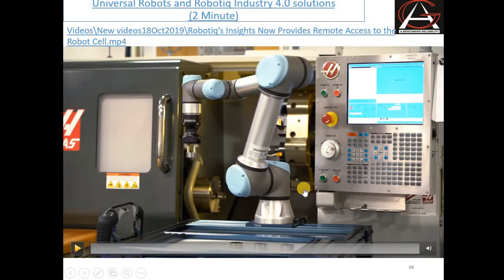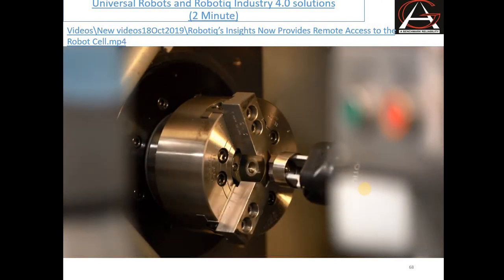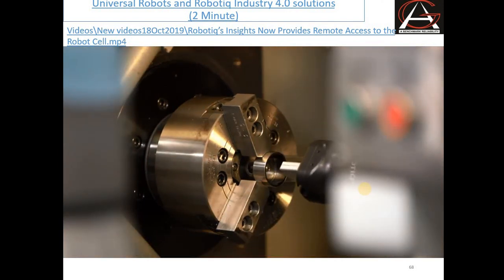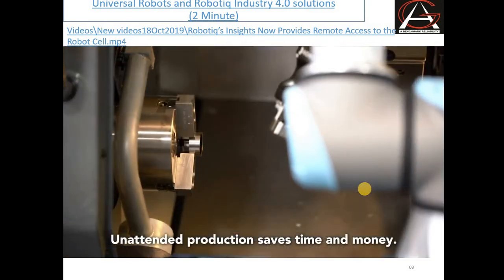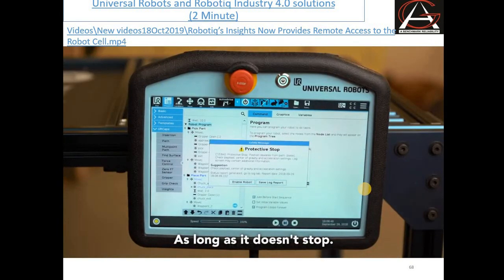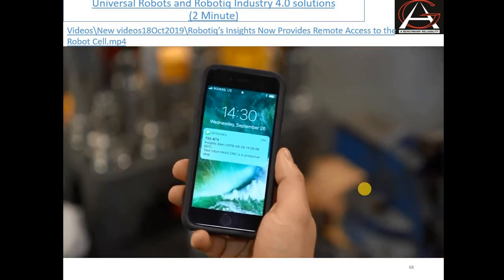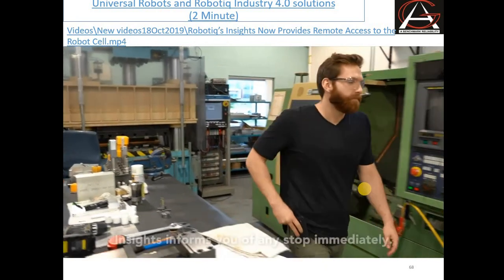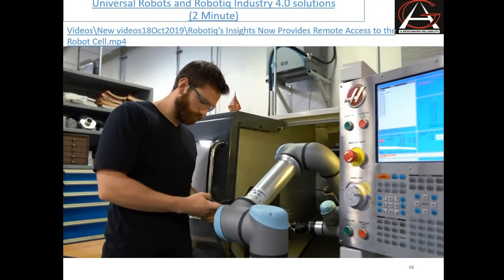The application is a CNC machine being fed by a Universal Robot UR5 and a Robotiq gripper hand E. For some reason, a protective stop message has appeared on the robot. So the system alerts the operator via SMS on the mobile phone, and the application or product is called Robotic Insights, and